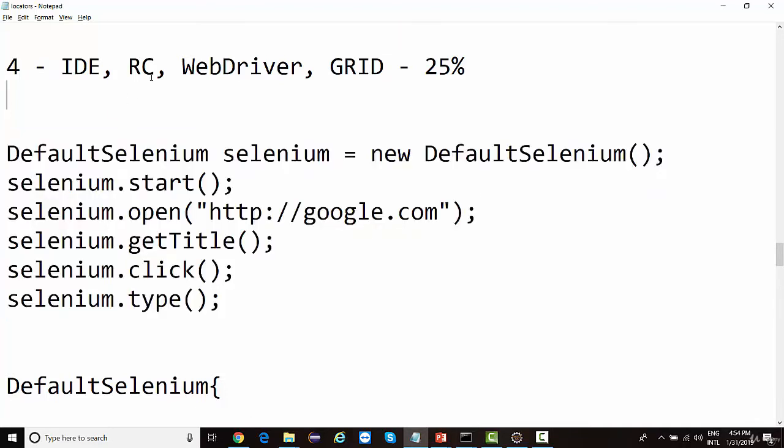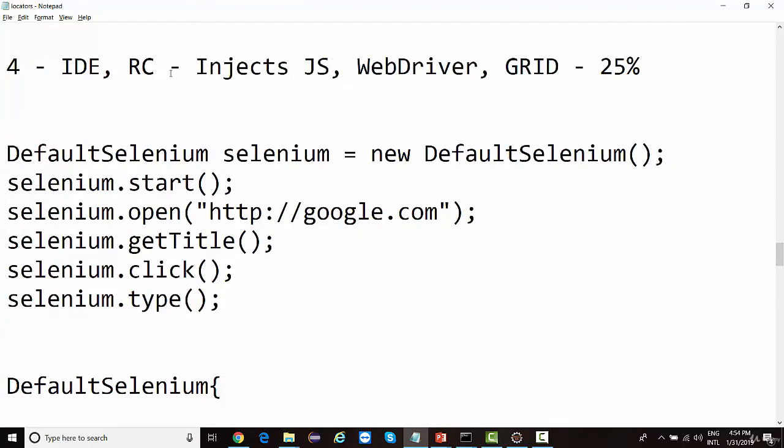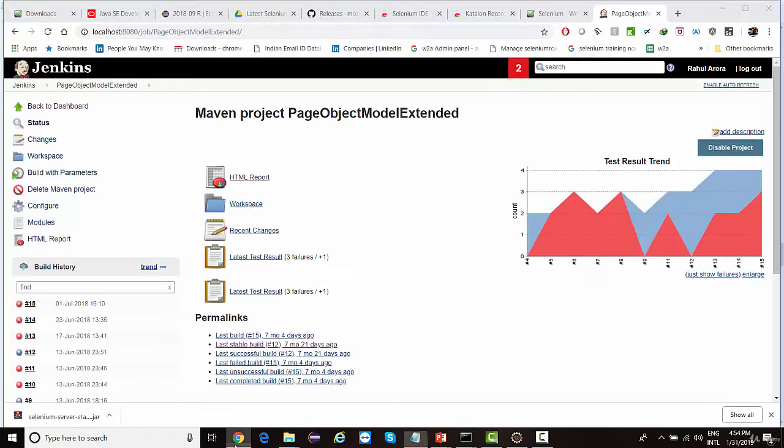So Selenium RC injects JavaScript on the browser. JavaScript, if you are familiar with it, I'm not talking about the entire programming language, I'm talking about JavaScript being something that gets executed on the front end.